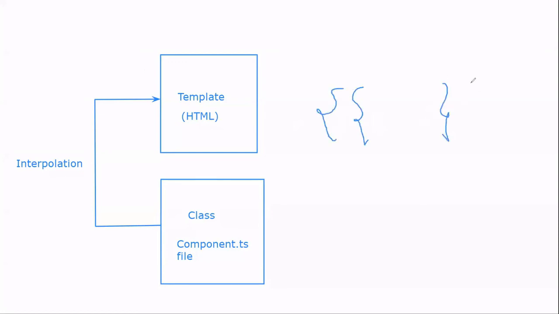That variable is surrounded by double curly braces, and you can refer to the property you have declared in the .ts file, and it is evaluated by Angular while rendering the component. I think you might have got the idea of what interpolation is.